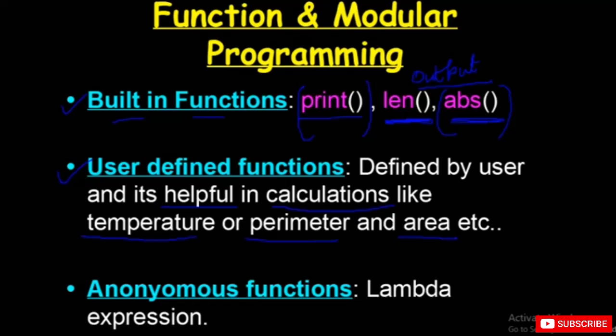And what is an anonymous function? That's basically the lambda expression. We have seen lambda so many times. Lambda is a mathematical part, and if you're curious enough, you can read about lambda calculus too. That comes in the mathematical part of computer science. It's kind of an interesting thing, and you can use it for the specific purpose of data science mostly, I guess. So let's proceed to the next one.